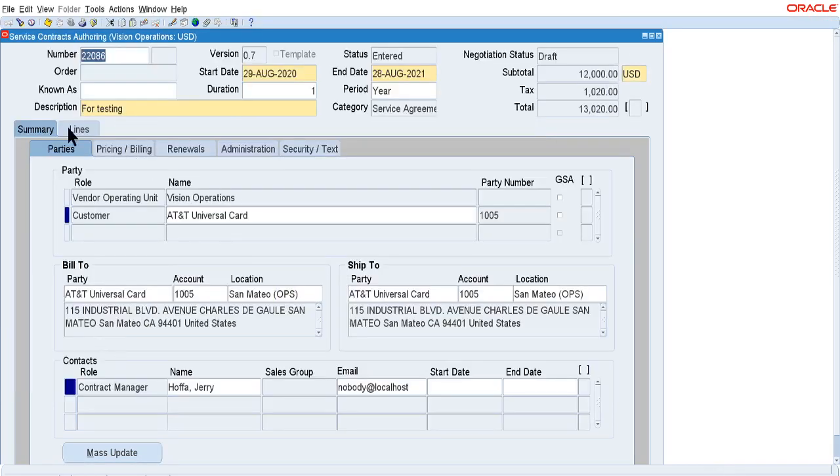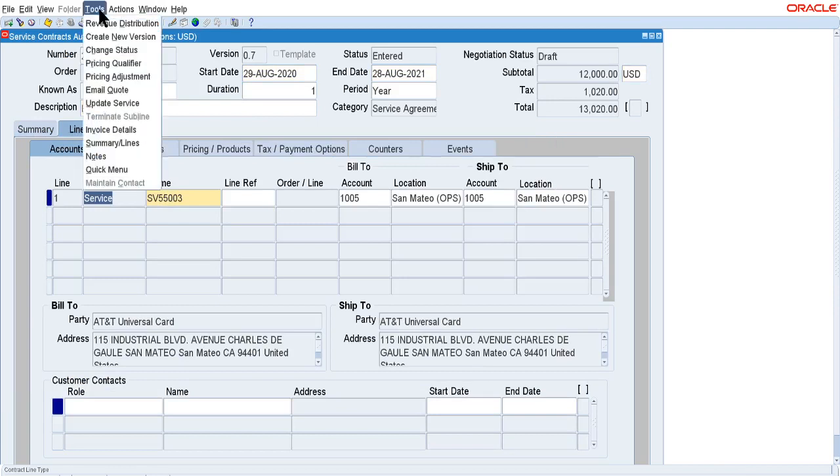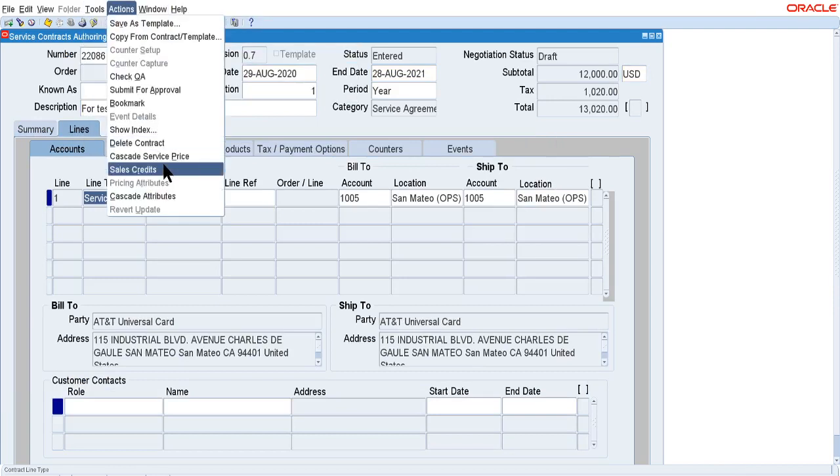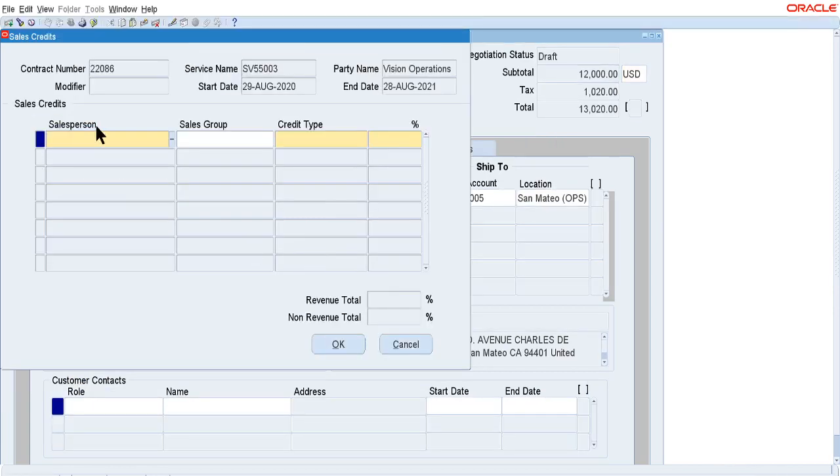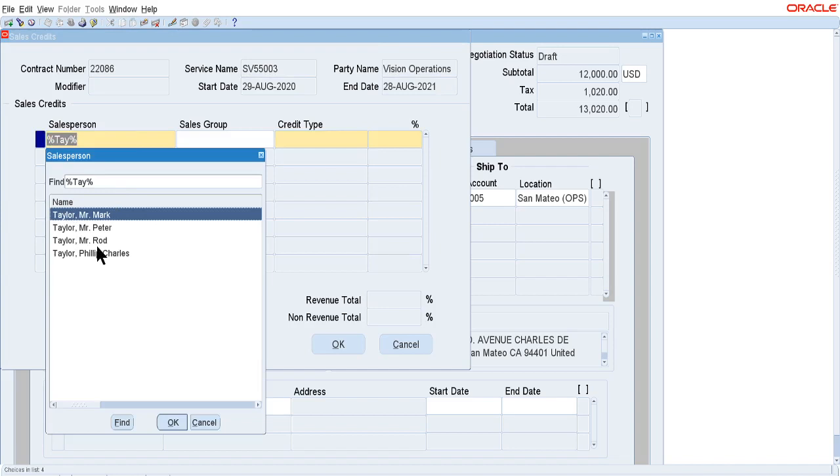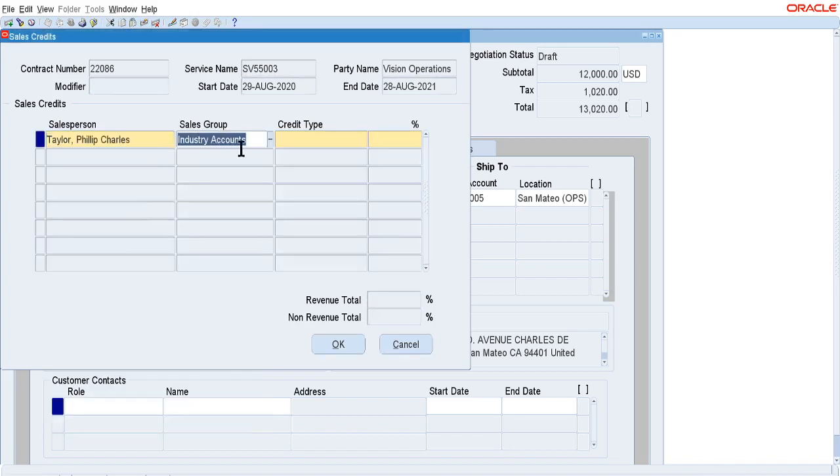Okay, so go to the line section here and click on sales credit. I am just checking the salesperson. Okay, Charles unassigned. I'm checking quota sales credit and taking 100%, right?